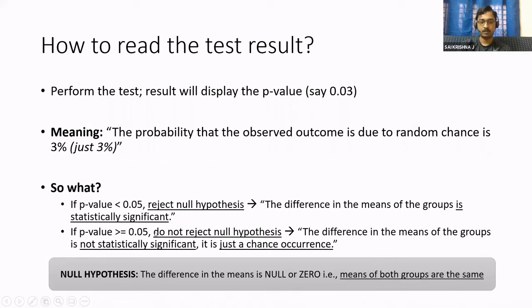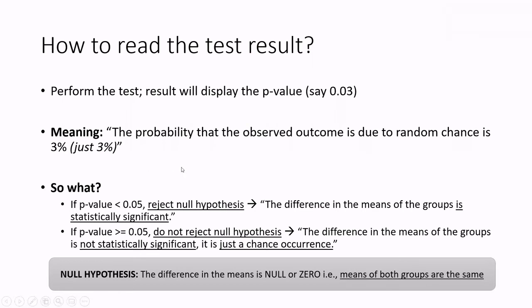Let me take a few steps back here. If the p-value is less than 0.05, we reject the null hypothesis. What do you mean when you reject the null hypothesis? We reject the assumption that the means of both groups are the same, which in turn means the difference in the means is statistically significant. If you do not reject the null hypothesis, then you conclude that the means of both groups are the same. I will explain in the next step exactly how we arrive at this p-value. But if you have any questions until now, please let me know.